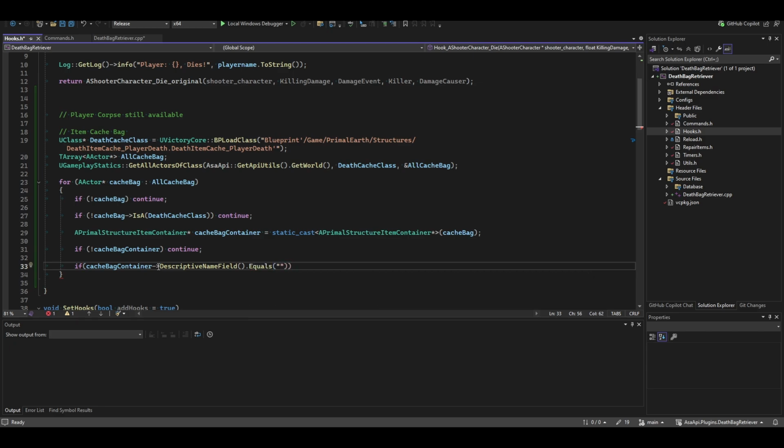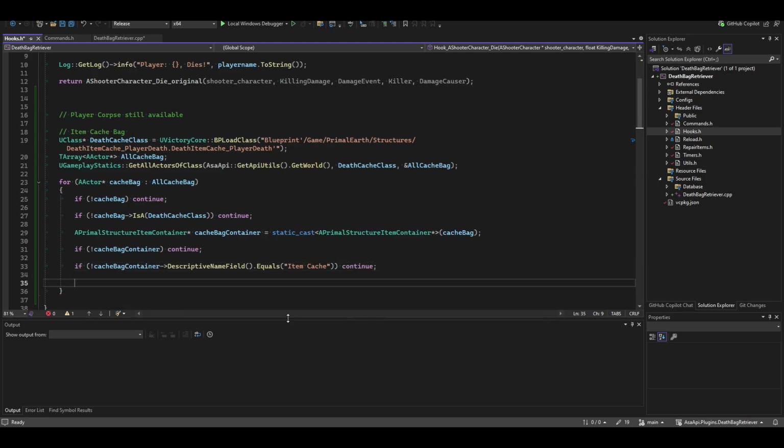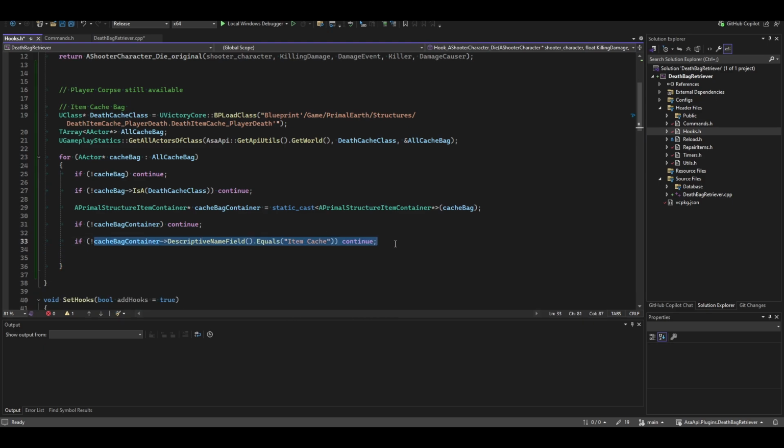This is a descriptive name. So item cache. Okay, unless wildcard, change this. You need to change it as well. Okay, so it needs to be equal, but I negate it here. So it means if not equals, then continue. Alright, then what next? We need to